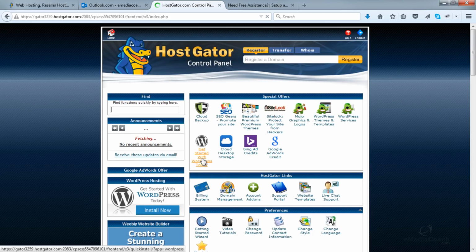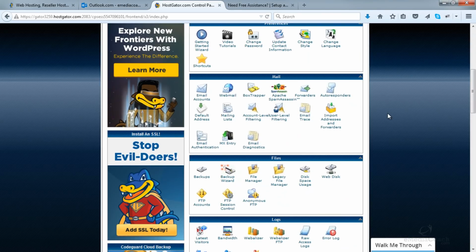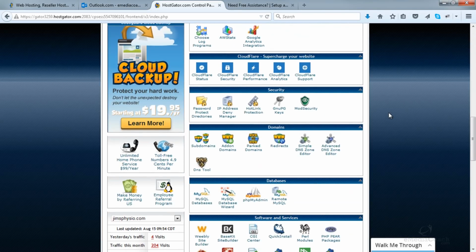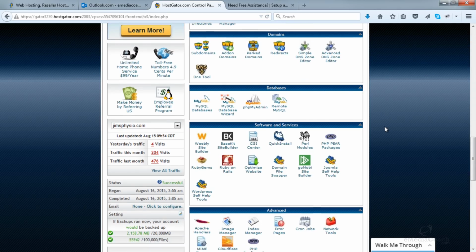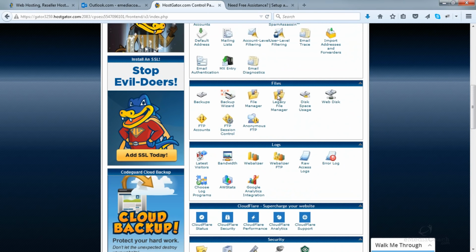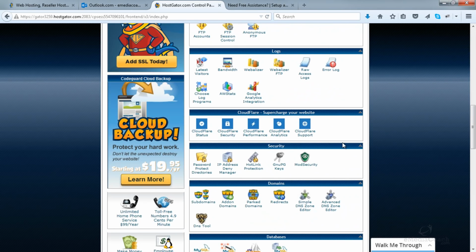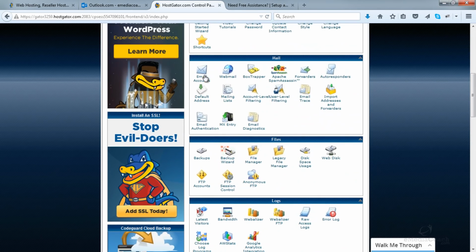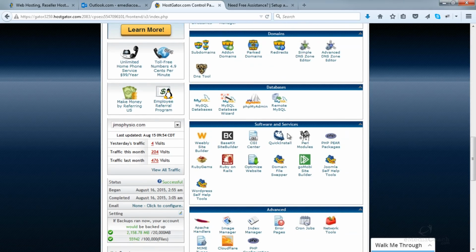This is what your HostGator control panel will look like, and it's not a section that you will access very often. On this occasion, all we need to do is install the WordPress platform, and from there on in we probably won't access this again. You might access it to do other things like backing up your account, which you can do from the backup wizard here, or setting up an email address, which you can do from, here we go, email accounts. But for now, go down and in the Software and Services tab, there should be a button called Quick Install, so click on that.